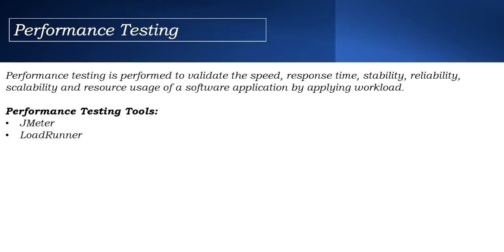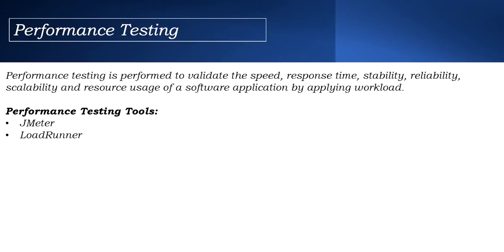If we say put a load of 10,000 or 20,000 users, say on a login page, or login to the same application with 50 or 100 users, the performance testing tool will take care of that by putting the load of 50 or 100 people, whatever you have specified.